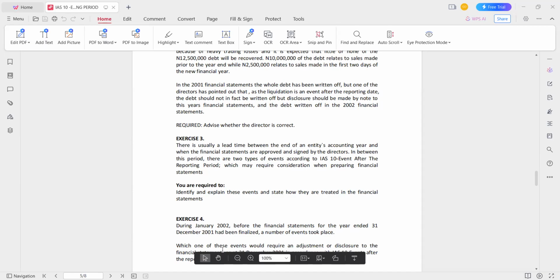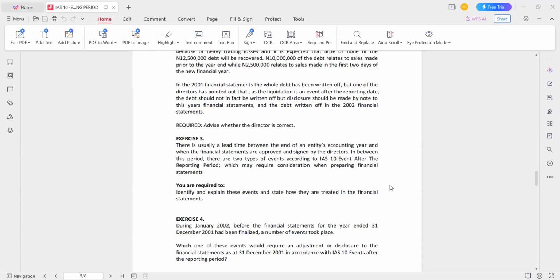Yeah, I'm with you. So which one are you going for? Okay, so for the adjusting event, you have to recognize it, like you have to adjust it in the books first, right? So you have to recognize the effects of those events on the financial statements. But for the non-adjusting events, disclosures are actually made in the FS, and explanations are given as to how they will affect the company going forward.